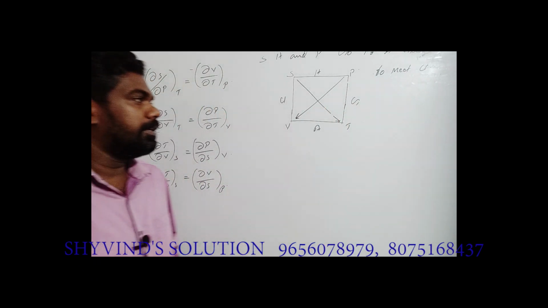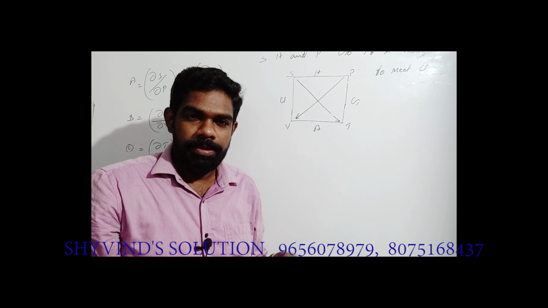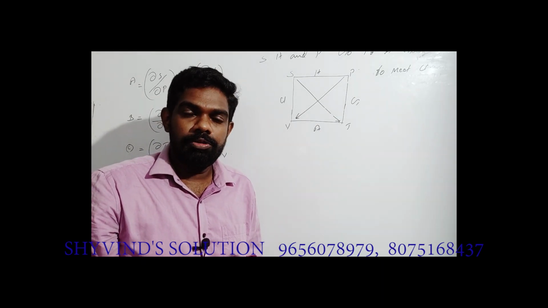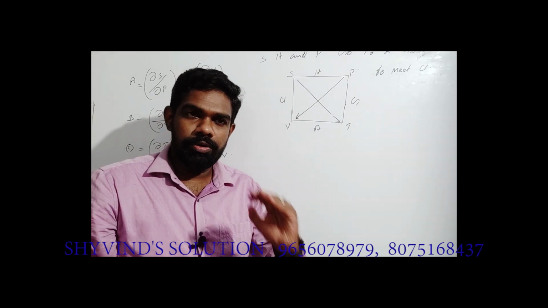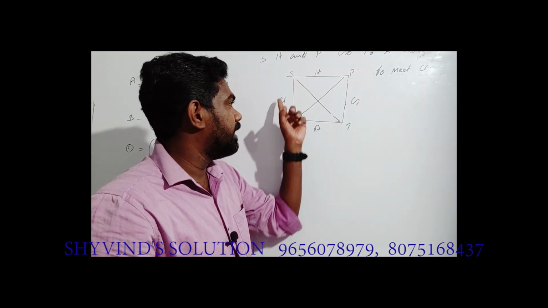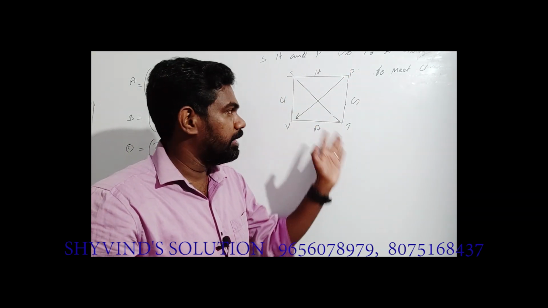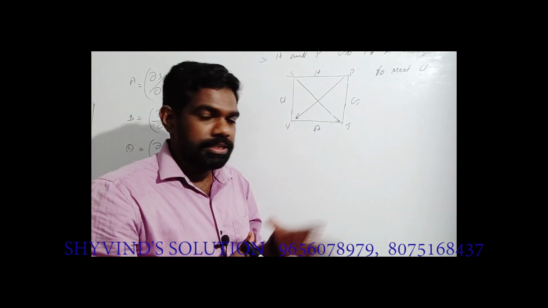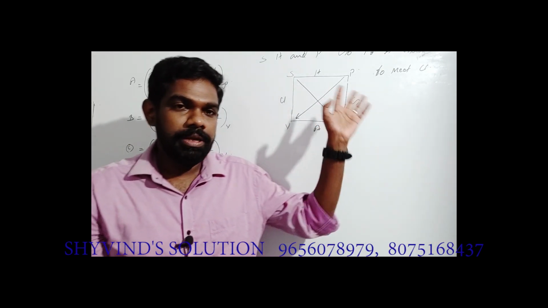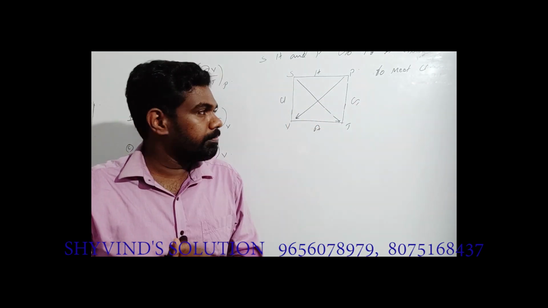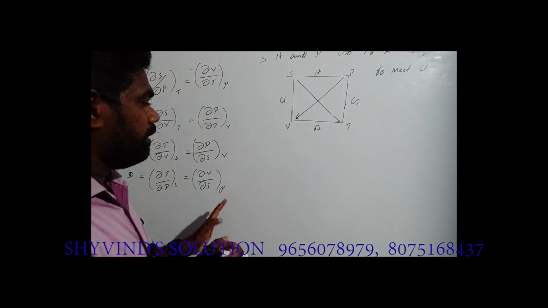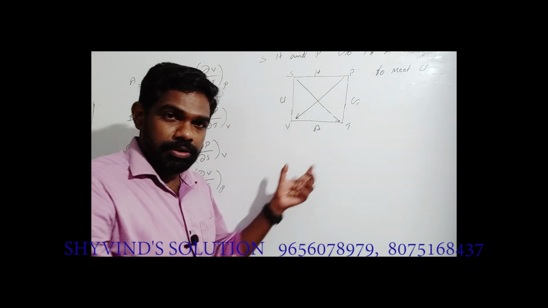Okay, so this square is very important. We can derive a lot of equations from this one. We can derive almost 12 equations, but I am not talking about all of them here. That's why I represent H, G and U in this one. Actually U is not necessary for us to solve this one. A lot of thermodynamic relations can be derived from this. I am only talking about the Maxwell's relations for this particular video.